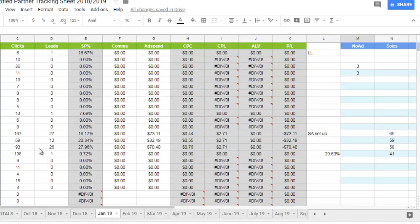Now, what were the opt-ins? I've been down into my autoresponder. I have added in the day-by-day clicks from the solos, which add up to 223, and these are the opt-ins that almost exclusively come from that solo ad. So 27, 12, 26, and 1, which is a total of 65. I think it gives me an opt-in rate of 29.6%, which is in line with the other solo ad providers that